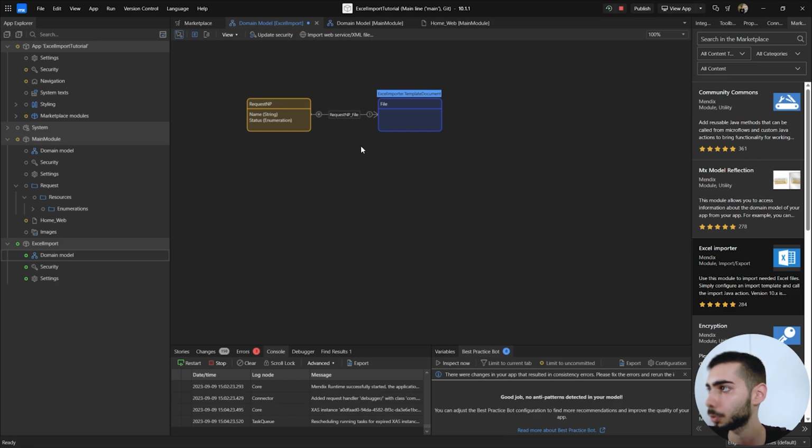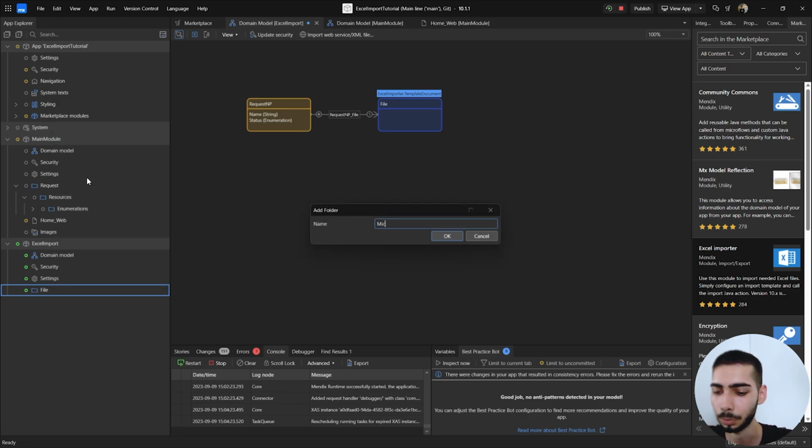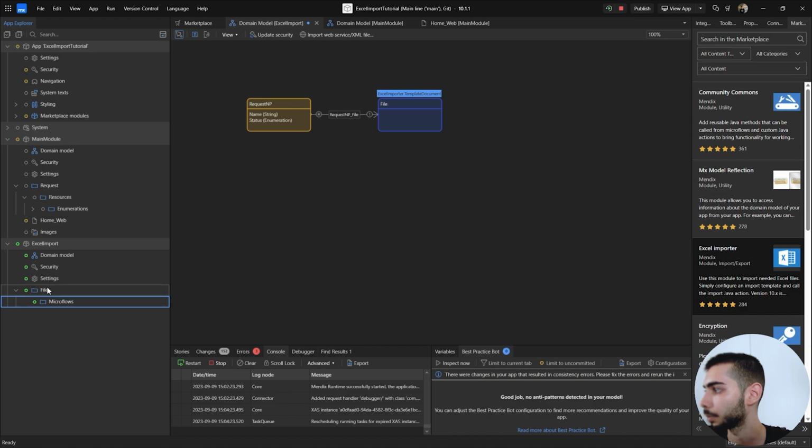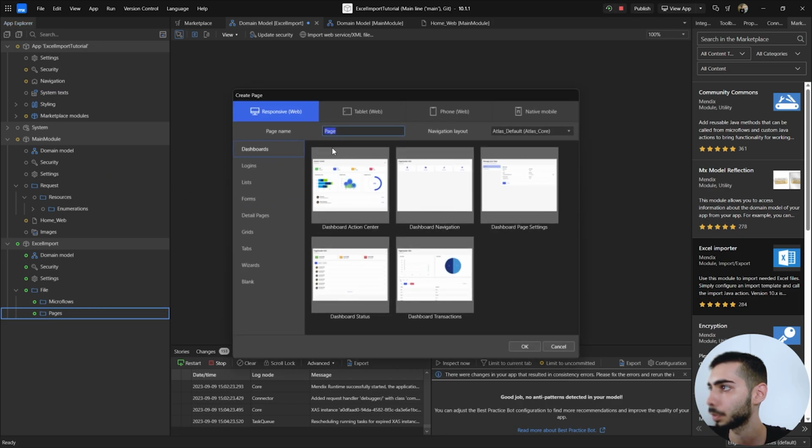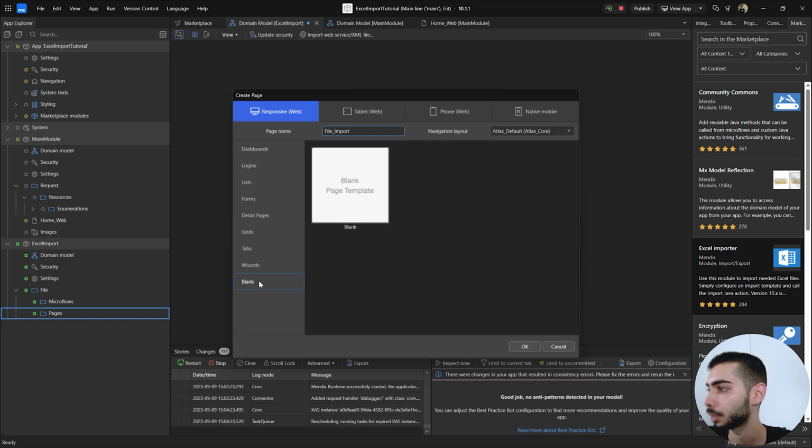That's it. So now we are going to create some folders to keep the project structured. So right click on the module, add folder. The first folder will be called file, and inside file let's also add microflows and page. And inside the page, let's create a new page called file import, and just give some space between both. We can select a blank page with auto default layout,